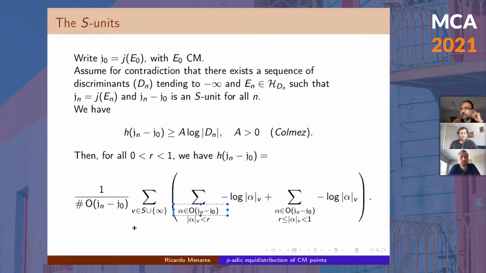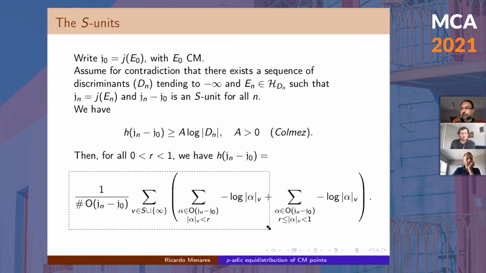So this is not the standard way to write down heights, because what we usually do is to take all the evaluations extending 1. But it's equivalent, and it has the advantage that it makes the Galois orbit appear, which is exactly what we need for equidistribution. Okay, so